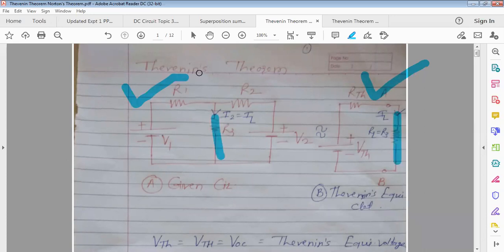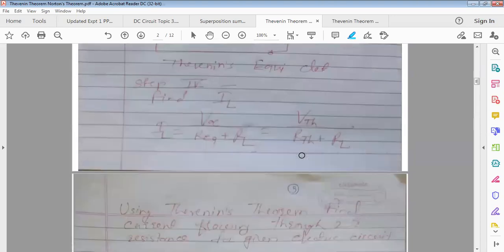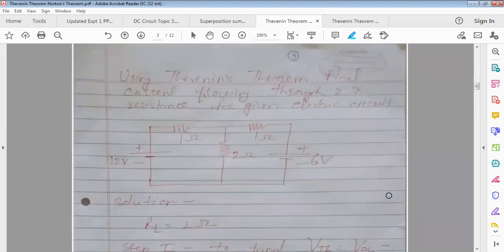Okay. So you solve this sum using Kirchhoff's, superposition theorem, Norton's also. Whatever answer you got using Thevenin's, the same answer you will get by the rest of the methods. Okay. So we'll see the sum on this. First of all, let's see a simple sum. Later on we'll see the complicated ones.